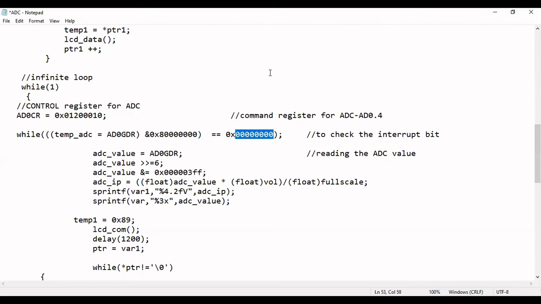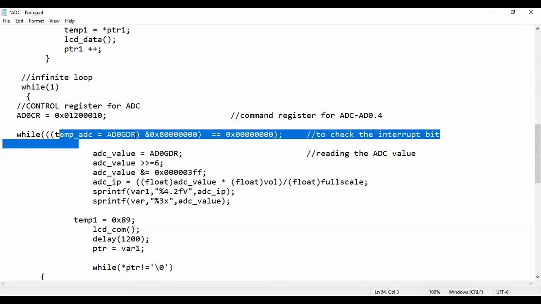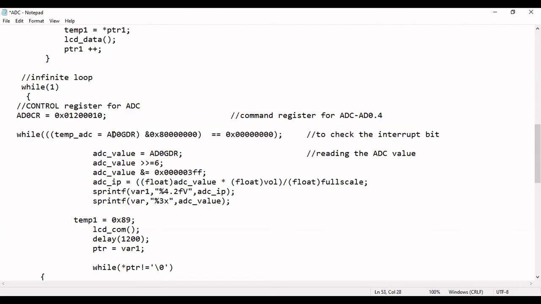To check that bit, whether the conversion is done or not, this particular comparison is used. You read the value in AD0GDR, you AND that value with 0x80000000, and if that results in 0, you conclude that conversion is not done. Otherwise, conversion is done.